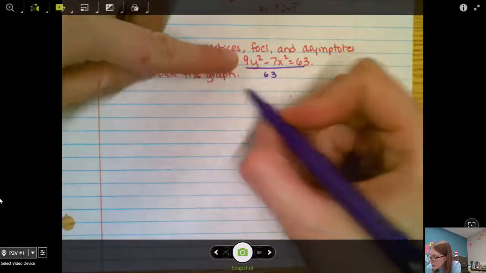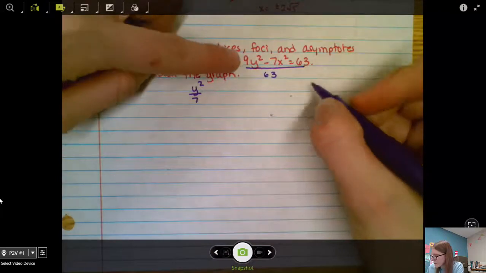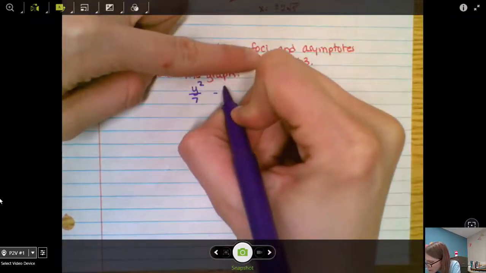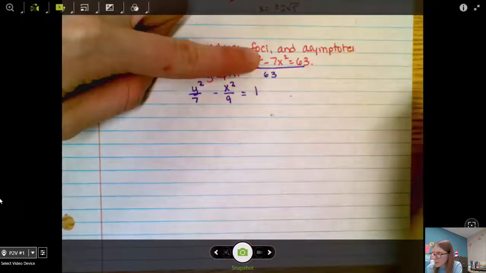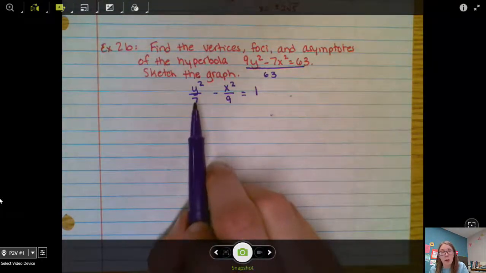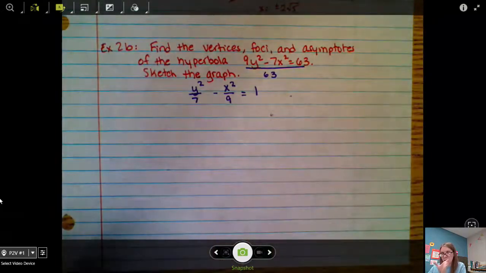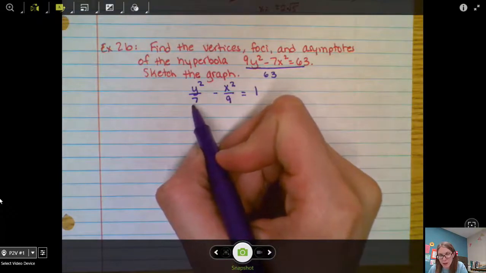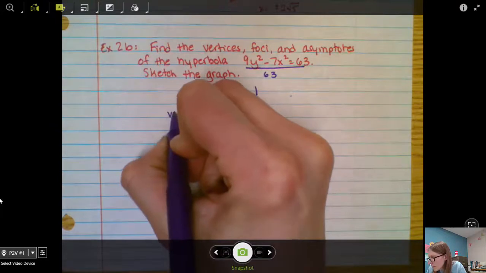9y squared over 63 is going to give us y squared over 7. 7x squared over 63 is going to give us x squared over 9 equals 1. Okay, since in our equation the y squared comes first, that tells us that our hyperbola is going to be up and down. And also don't forget that this first number tells us where those vertices are. So this tells us we have vertices